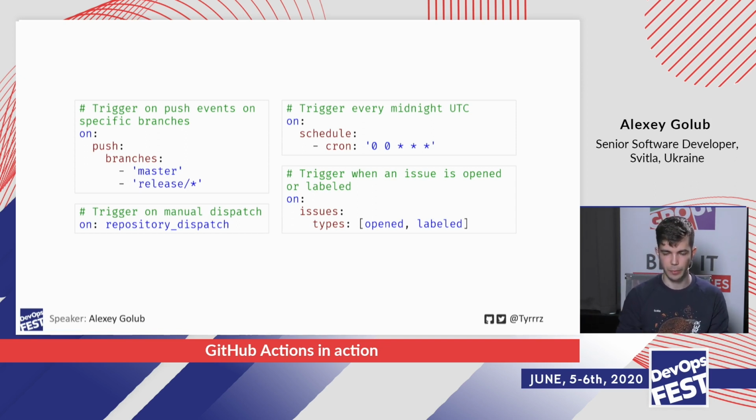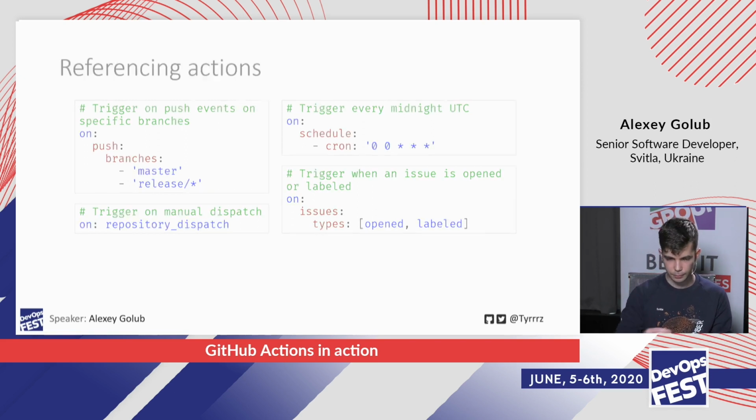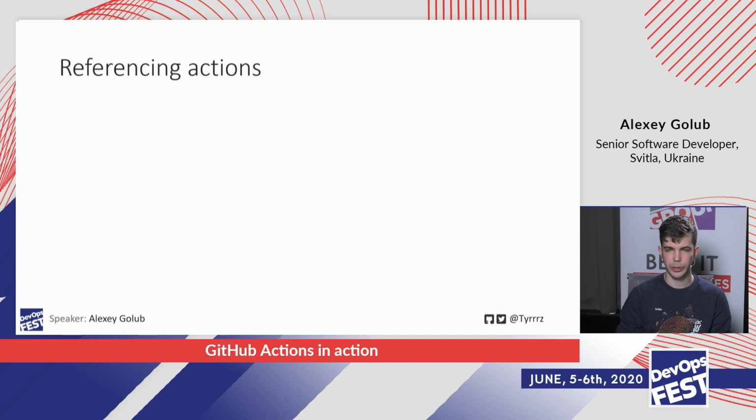And then in the top right, we have schedule, which is just the cron syntax. In the bottom left, we have repository dispatch. So those are for manual dispatches. You can't refine on those, so you have to just type in repository dispatch. But then using different conditional expressions, you can actually do that inside of your steps, which we'll see in a little bit. Besides different types of triggers, we also have different ways to reference actions.